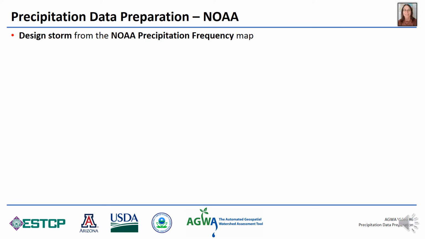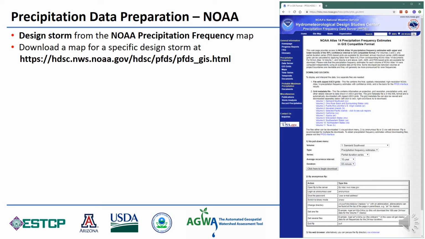Next, we'll look at how to create a design storm from the ASCII grid from the NOAA Precipitation Frequency Data Server. This is a multi-step process and is more complicated than the user-defined method. First, we'll need to download the grid for our design storm from the NOAA website. Notice that you'll be downloading the data as a zipped ASCII grid with the associated metadata that includes information on